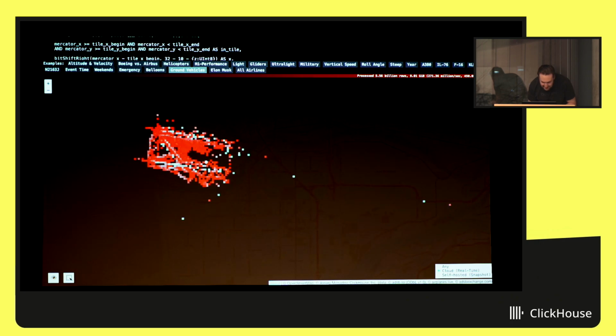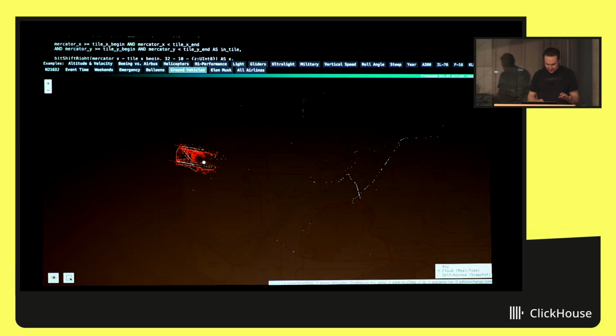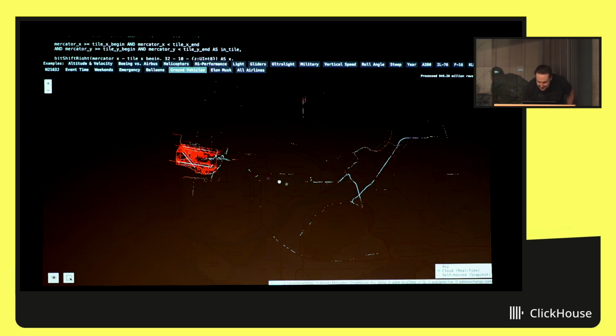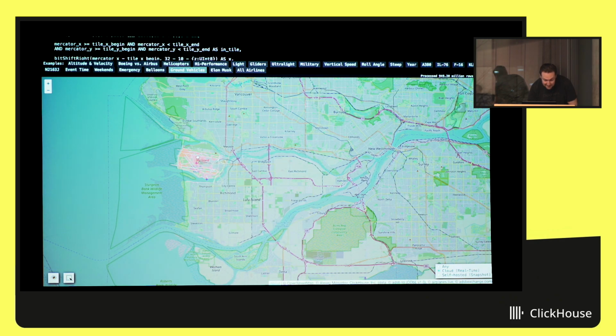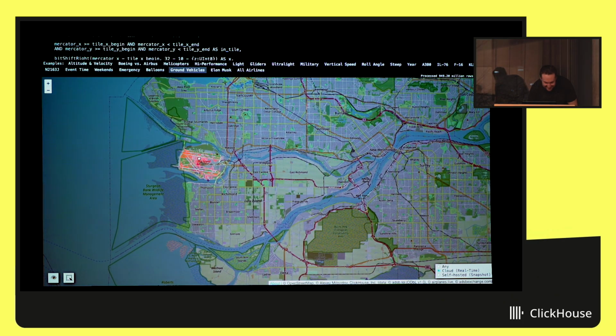And sometimes I see interesting stuff like airport buses, or airport vehicles that just go outside of the airport and move across streets. And sometimes there are even tow vehicles in this category.